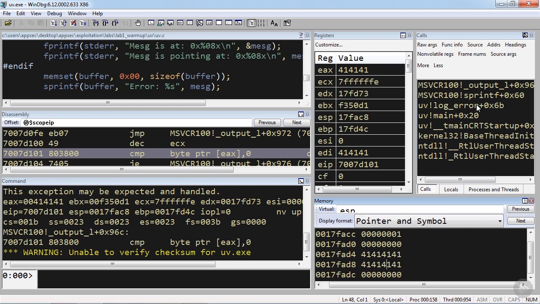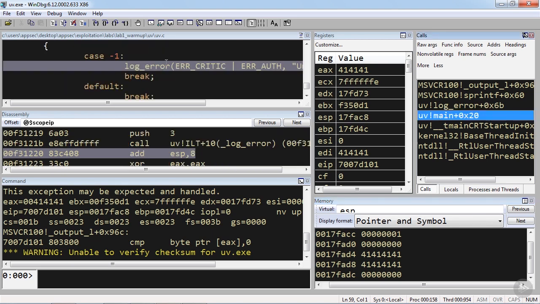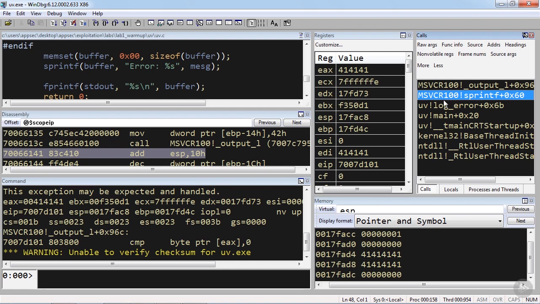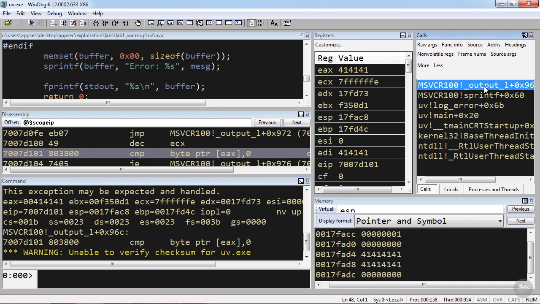And what's cool is this program was compiled with debug symbols, so we can start in main, and you'll see the code actually change to this log error, go into log error, and we see that it's dying on the sprintf. And inside of that, that's called from MSVCR100, that's a DLL, a dynamic code module, exclamation point, or some people call that bang. So MSVCR100 bang sprintf, and from there, that calls another function called output_l, and we're crashing on this particular line of code, which isn't a line of code, it's an offset inside a module,